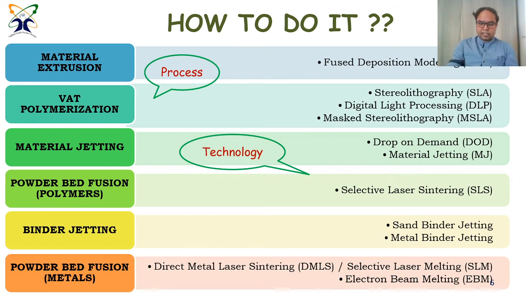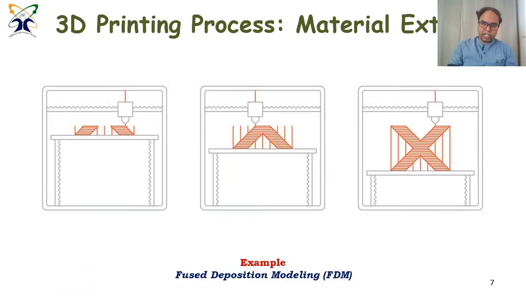So let's discuss how we basically do it. What are the main ways to do it? For example, material extrusion. In this process, you take a thermoplastic material, which is like the plastic material which you can heat and it becomes like a waxy material, and you can just turn it around to get any object. So you have some heated nozzle, which you can see there, you pour the